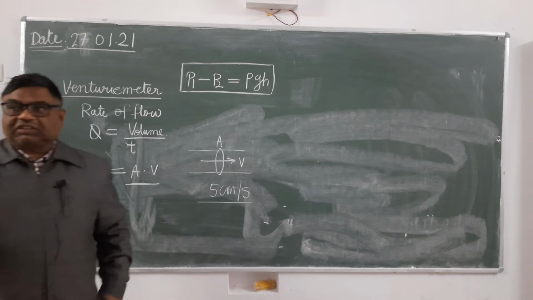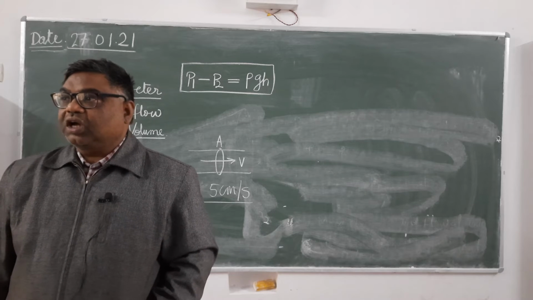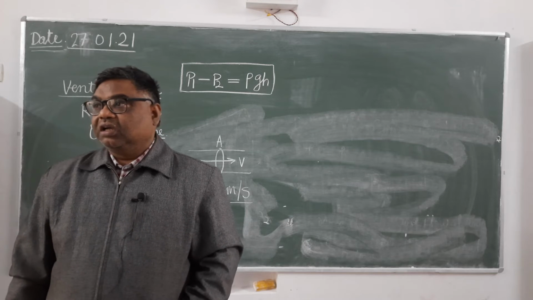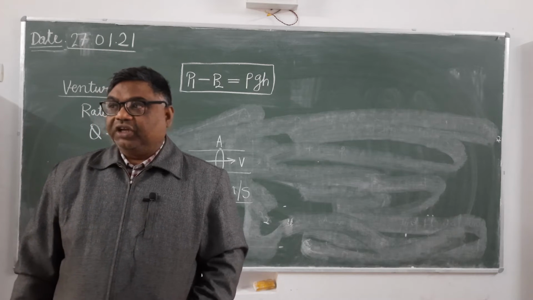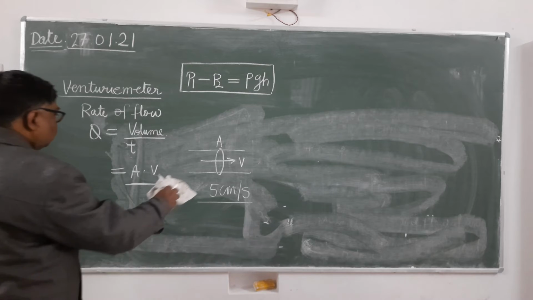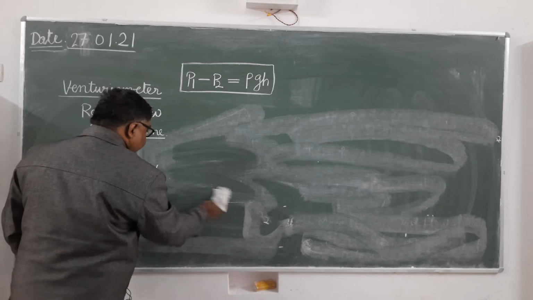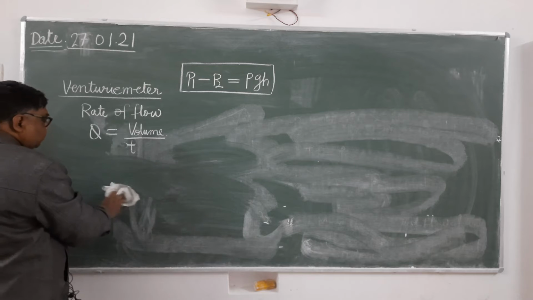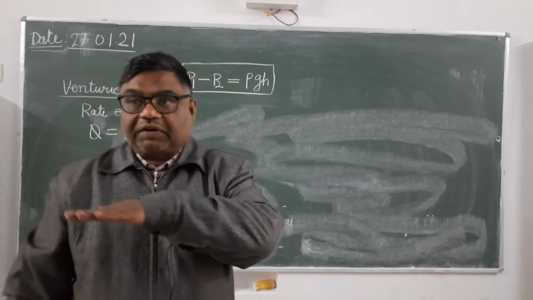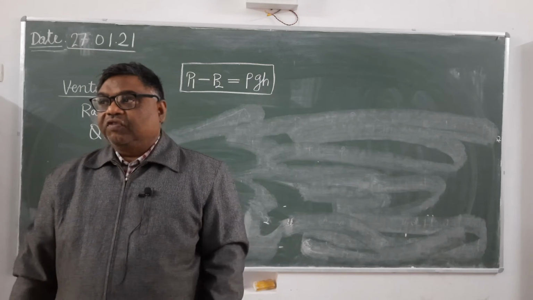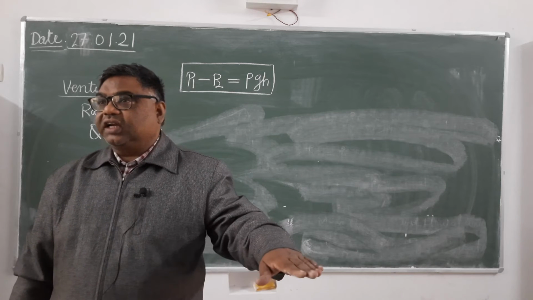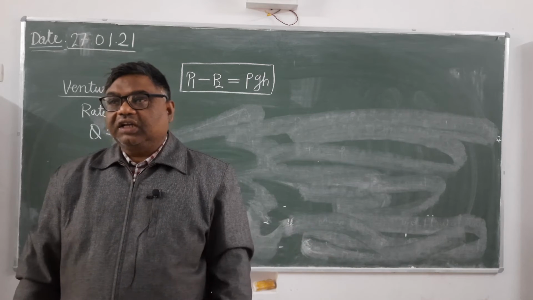And as much volume of liquid passes from one cross section, the same will pass from the other cross section. From which principle? Equation of continuity. So see here, Venturi meter is a device with the help of which we can determine the rate of flow of liquid at some depth. If you see the river, then the flow of water at the top surface, at the topmost layer, flow of water is more. But as you go deeper and deeper, what will happen? Flow of water will decrease.